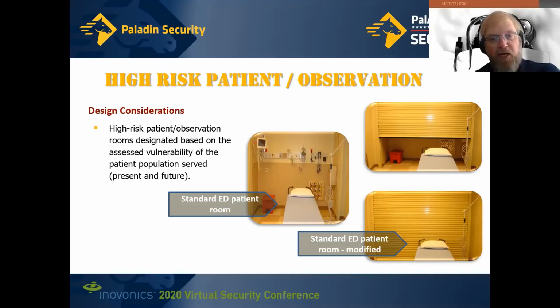But for the vast preponderance, when you look at what you see on the screen right now, there are ways that we can actually create rooms that could have multiple uses. Some organizations don't see a tremendous amount of high-risk patients, and it's hard to cost justify designating a room that is sterile from a weapons perspective and all items, where others may see that they need 6 of those. But in some situations where we want to see these rooms be used for multiple purposes, you could see this on the right-hand side that we actually have